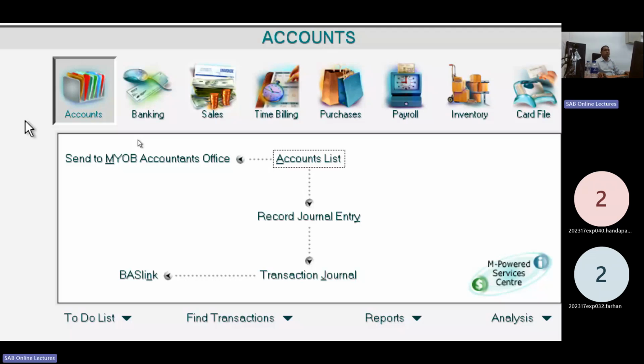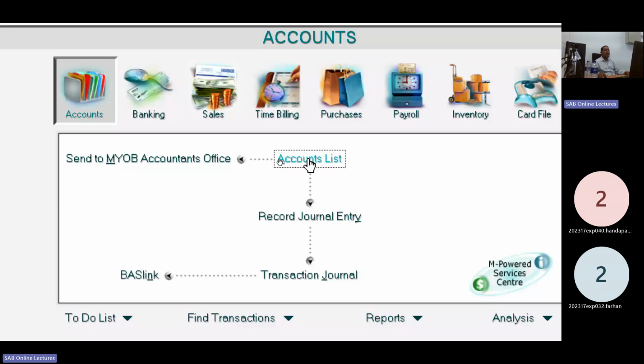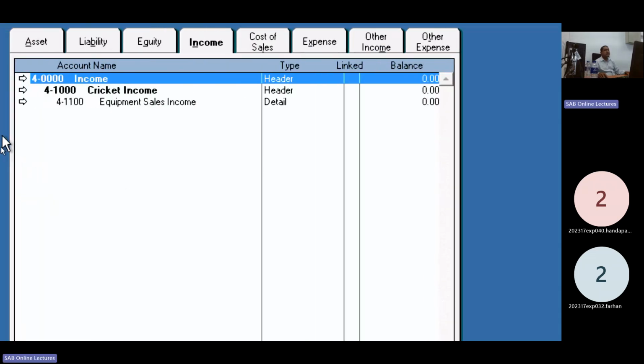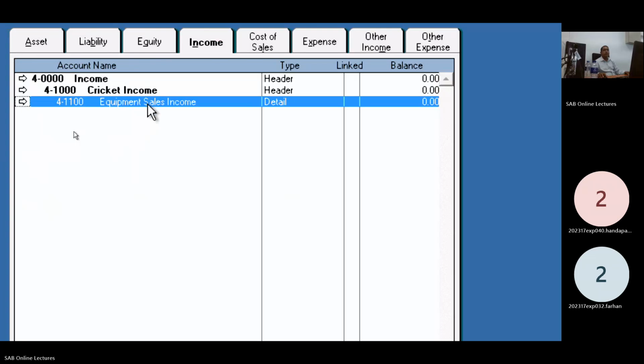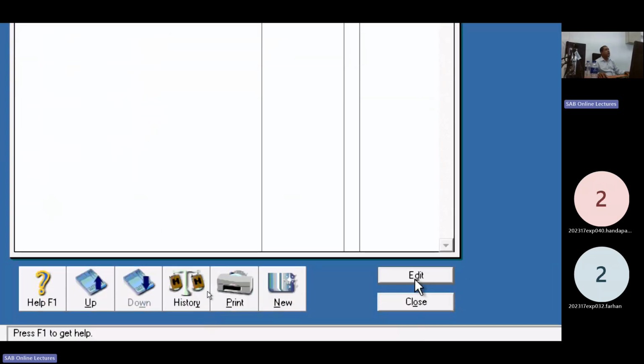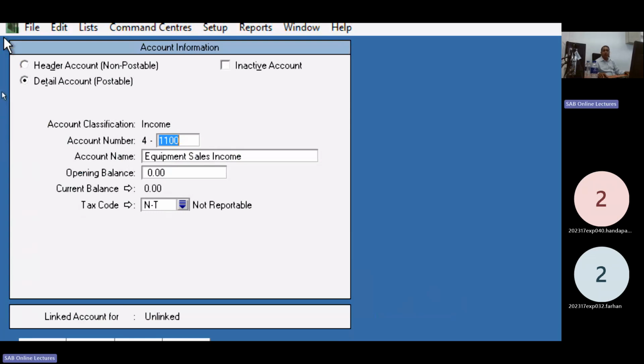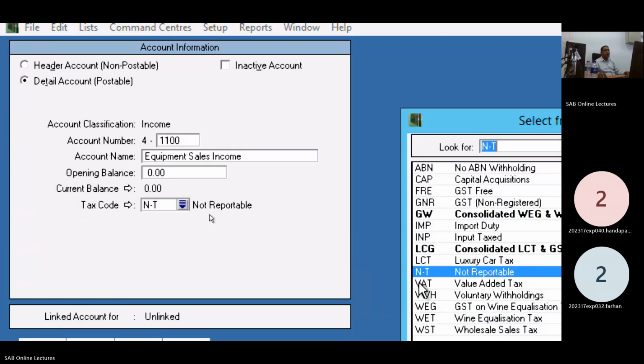Otherwise you will be confused. Click again on account list. Account list. Select equipment sales. Click on edit, because we have to set our VAT tax. Click the down arrow here.